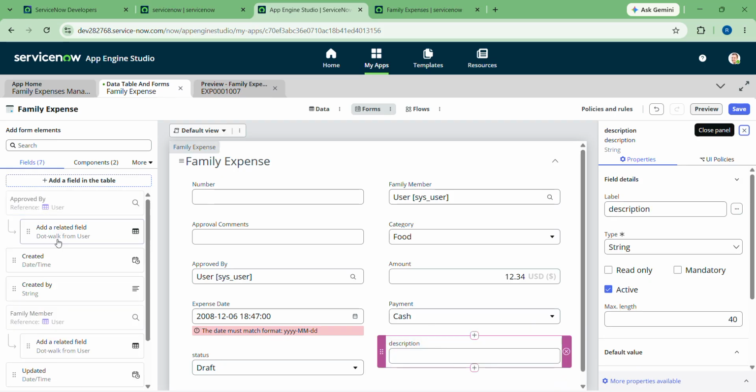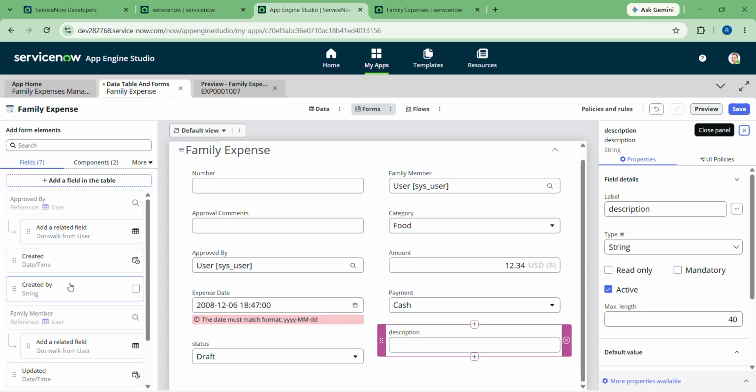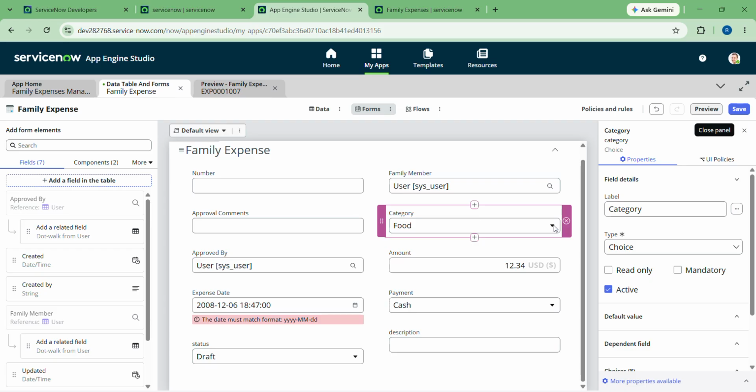So, 1, 2, 3, 4, 5, 6, 7, 8, 9, 10. Here 10 fields, right? Anything is missing? Alright. Here when we click here,